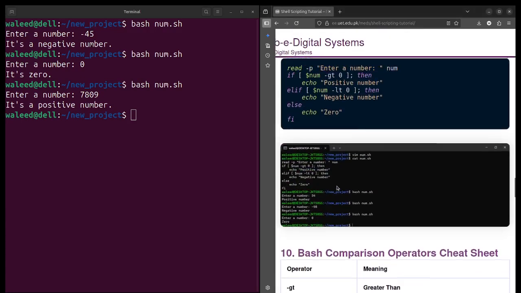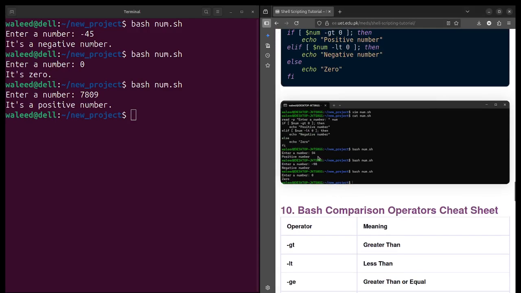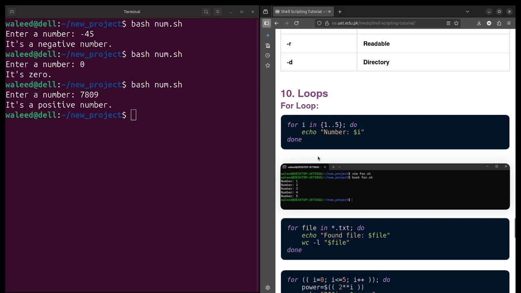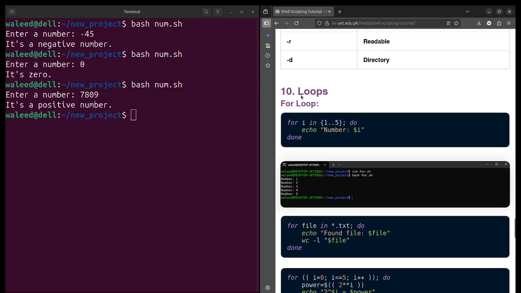Now I have explained to you about if-else conditions. Now let me explain what loops are and how you write loops in bash. You may already be familiar with loops. If you want to print a line, let's say multiple times, you will use loops.